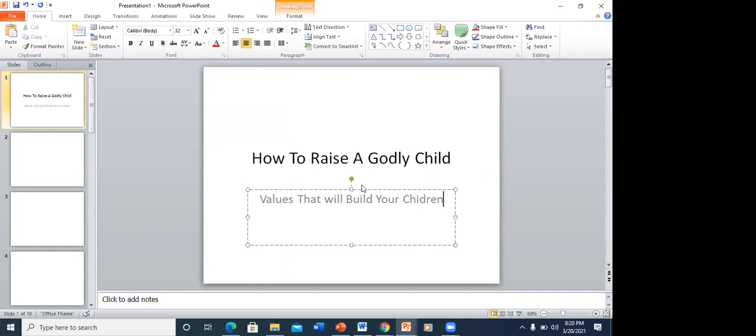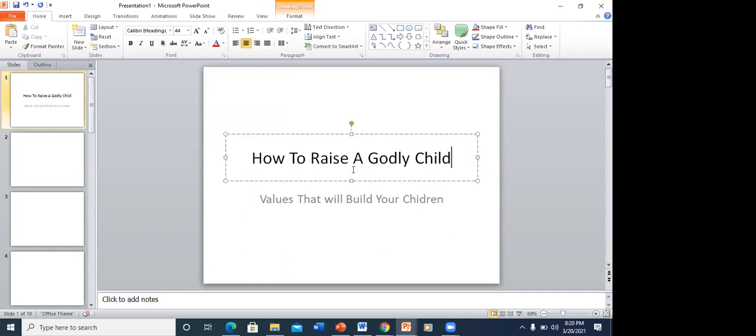All right. Now, the next thing I want to do is I probably don't like this font. I want it to be bolder. So I'll take my cursor and click on it. Then I'll press Control A. When I click Control A, it highlights the entire text.